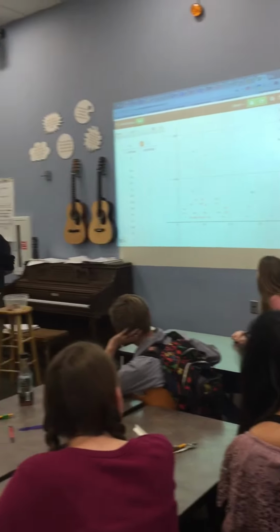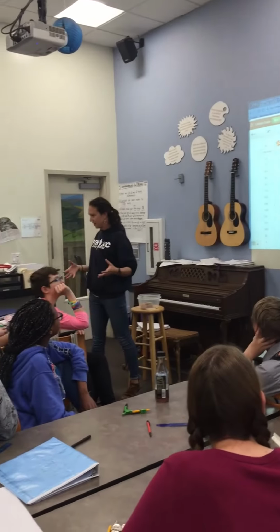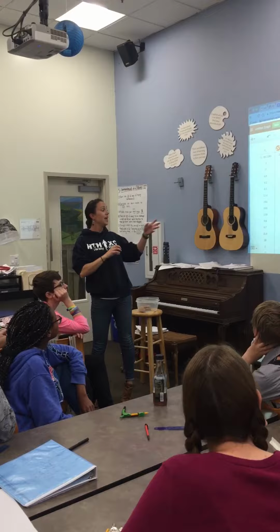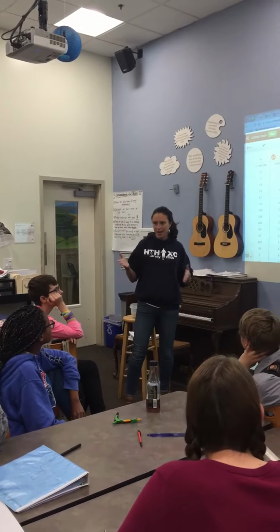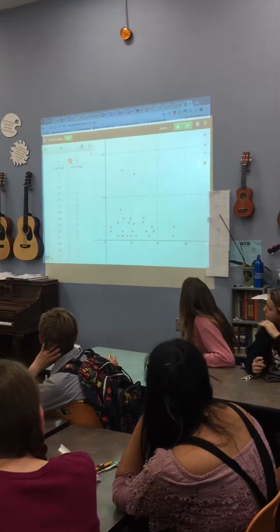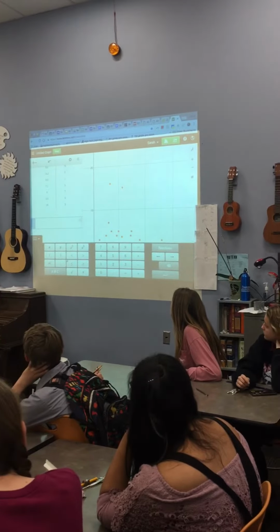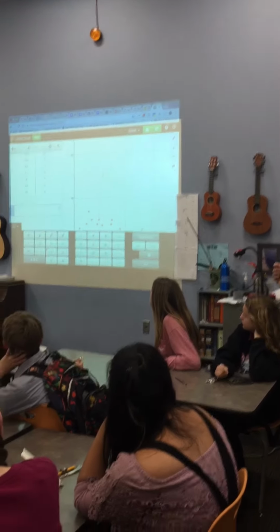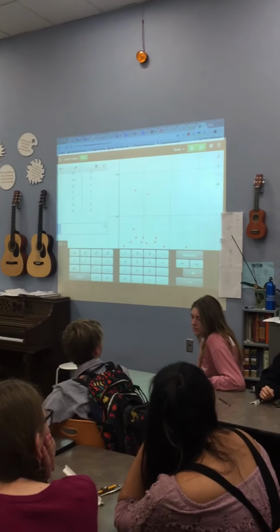However, an awesome thing that Desmos has is that they can actually write us lines of best fit to model this data and see if these data points are correlated in any way. And the way that we do that in Desmos is we're going to try to see if this can be modeled linearly. So what we're going to do is use a little feature that Desmos has. It's a little tilde. Have you guys ever seen that little thing on the keyboard before? It looks like a squiggly